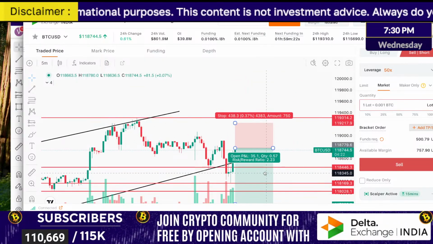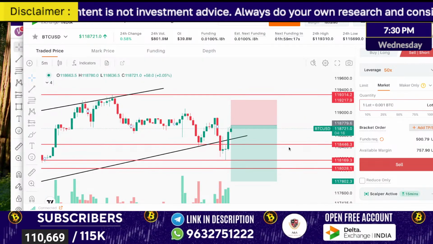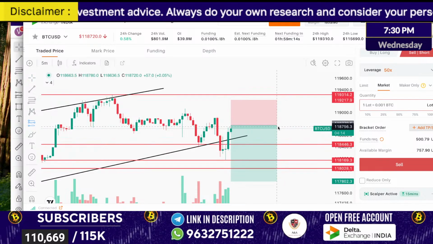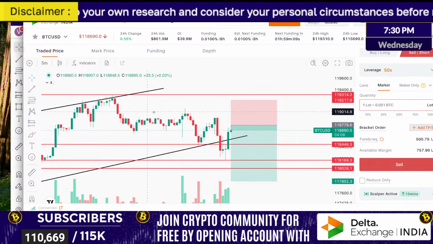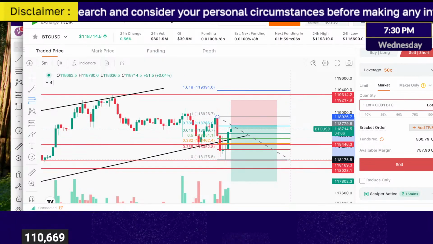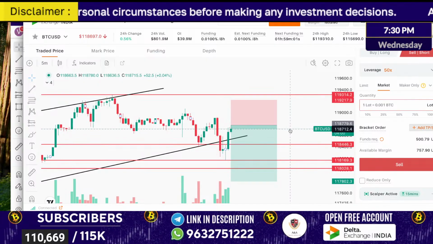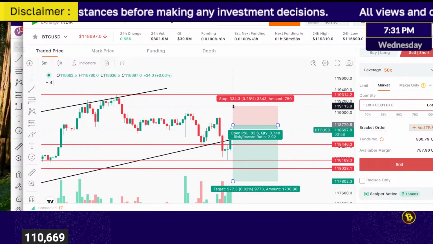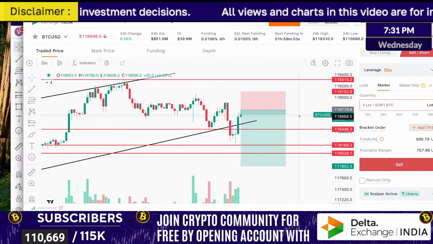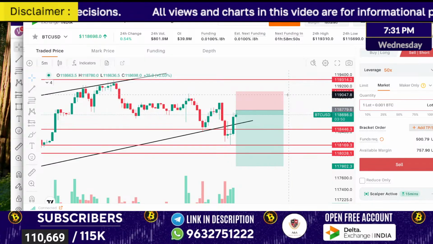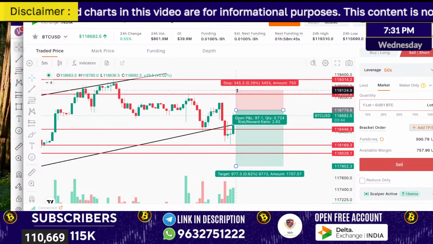First initial setup I'll focus on. In case I'm getting the opportunity, I will enter. Still not entered, waiting for the trade. This is a healthy pullback. I'll reduce the stop loss because if I want to make one more attempt on top, then it will be difficult. The upper zone, a little above that, I've placed the stop loss.